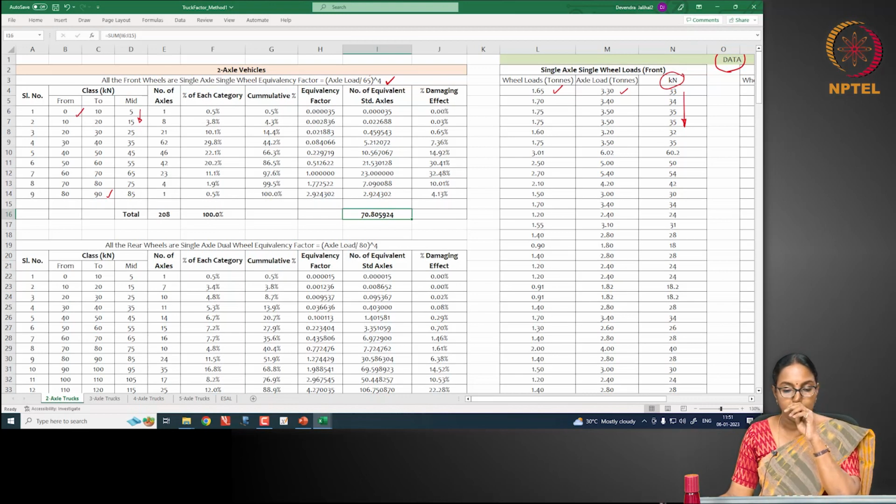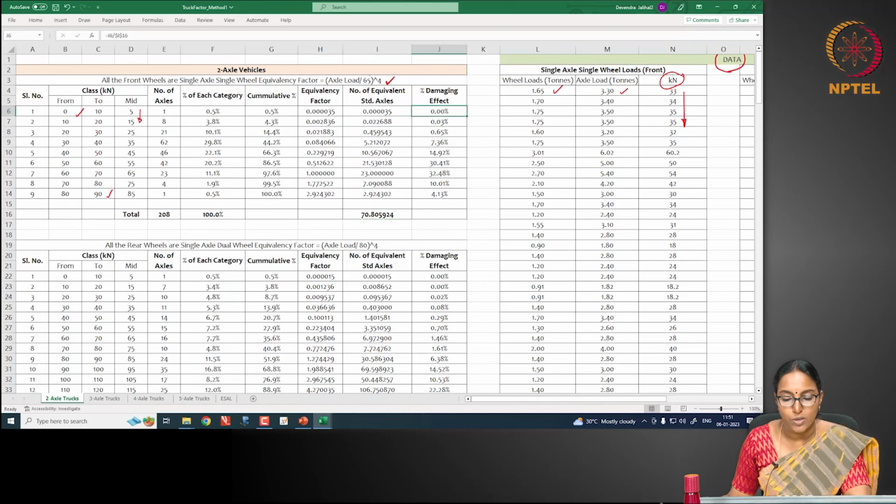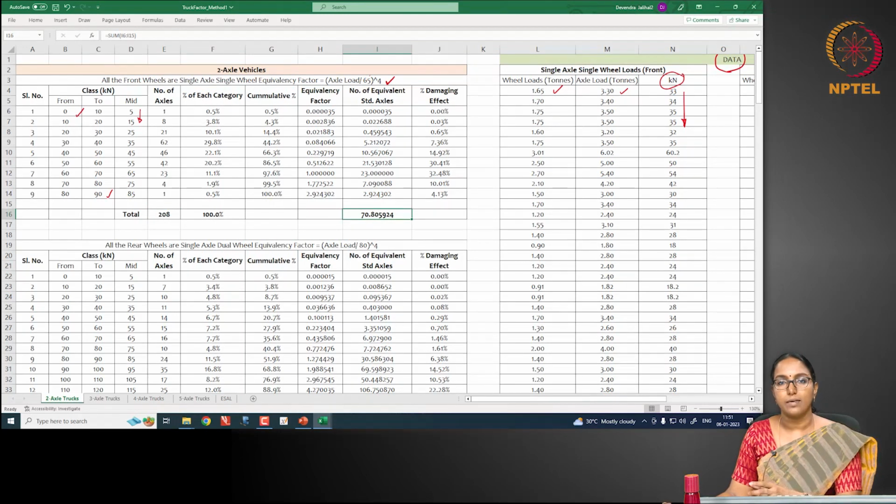Okay, and the percentage damaging effect of each of them can be computed, because this equivalent standard axle essentially tells you how damaging this axle was. So it contributes to around 70.85, of which you can see that 14% or 32% is due to the vehicles which come with a load range of 60 to 70 kilonewton and so on. This information you can get from this table. So for all the 208 vehicles, you have found out the equivalent standard axles due to the